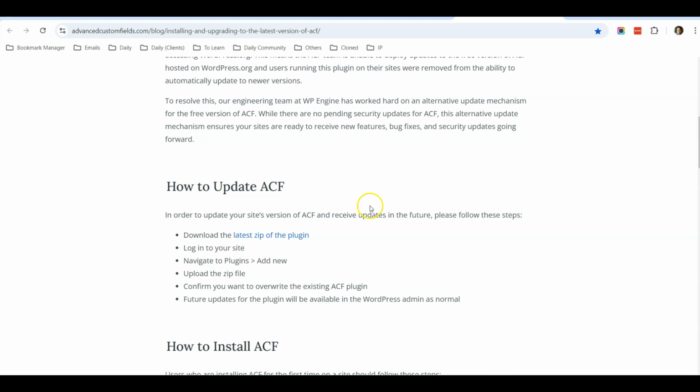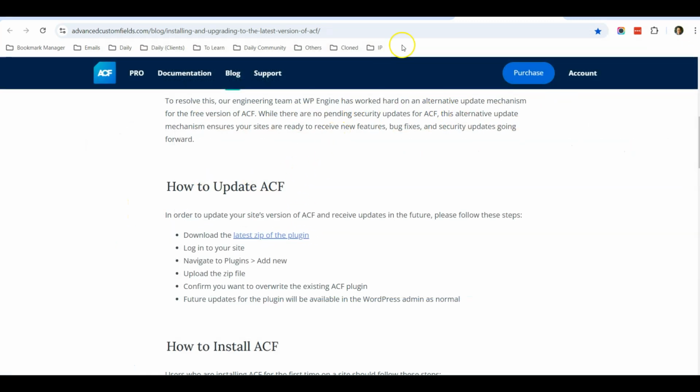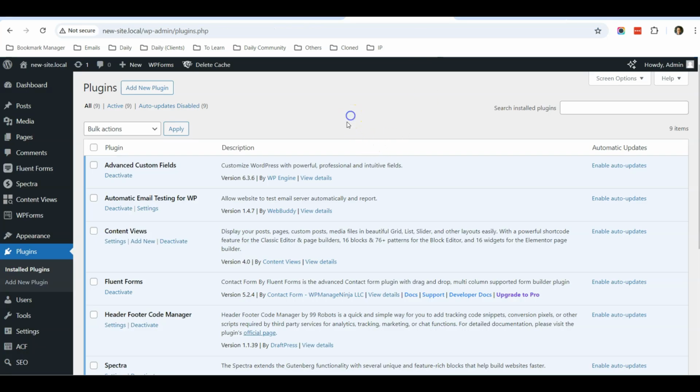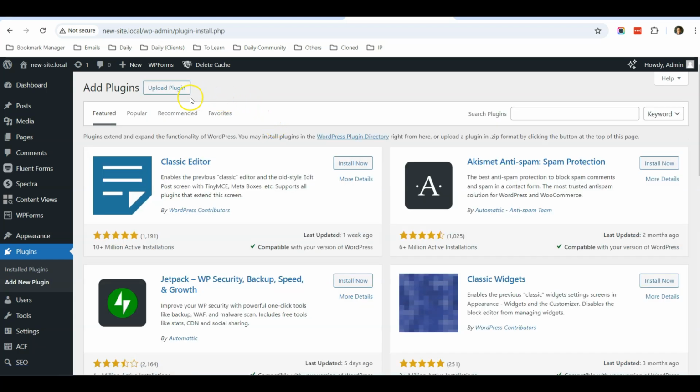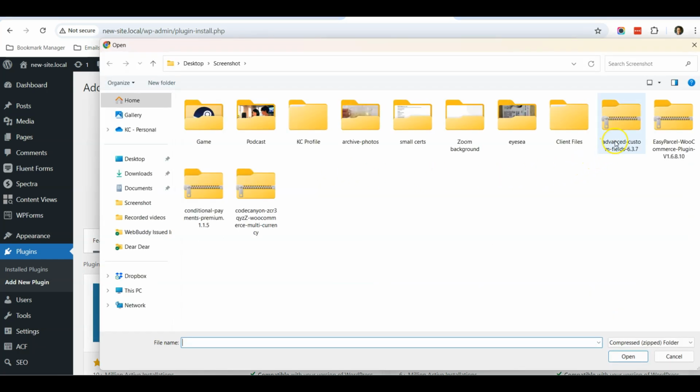So the step to update is that you need to click here to download this zip file to your computer. Once you download the zip file, go back to your WordPress plugin page and click add new plugin. Once you click add new plugin, you can click upload plugin. Once you are on this page, just click choose file and click on the